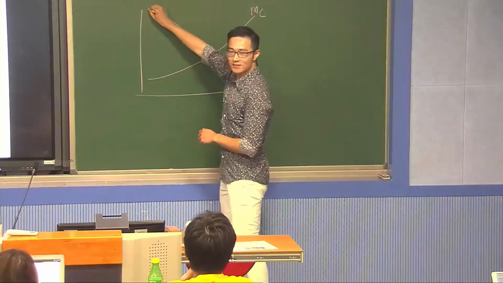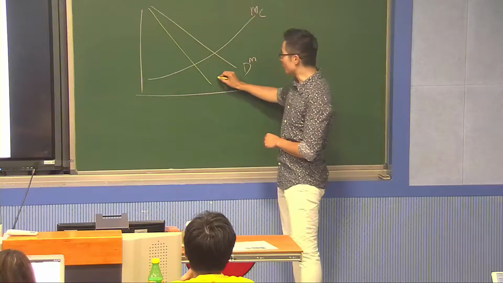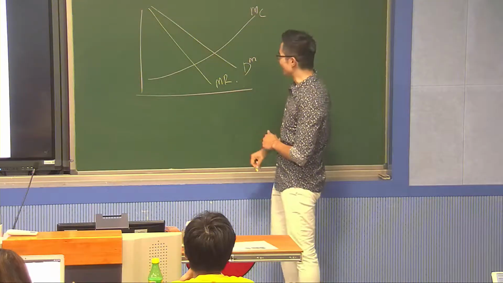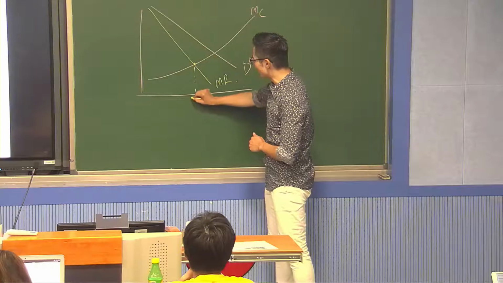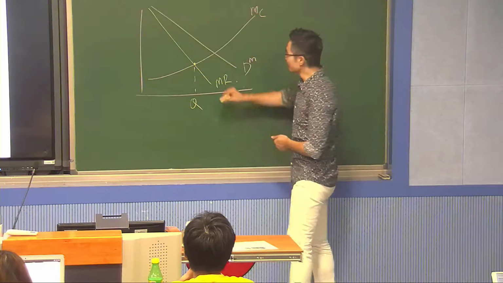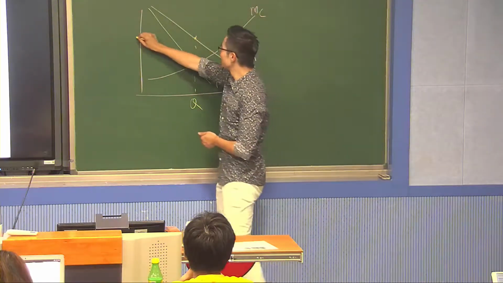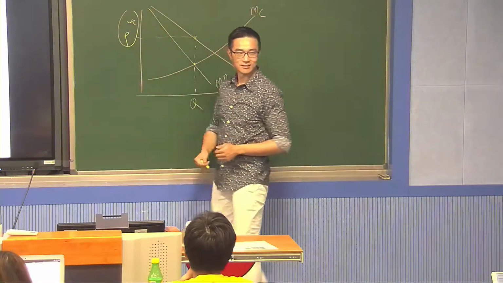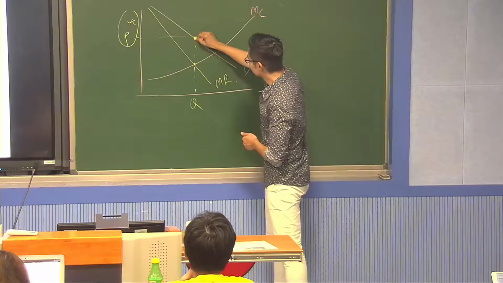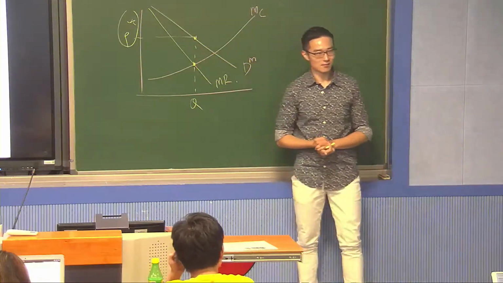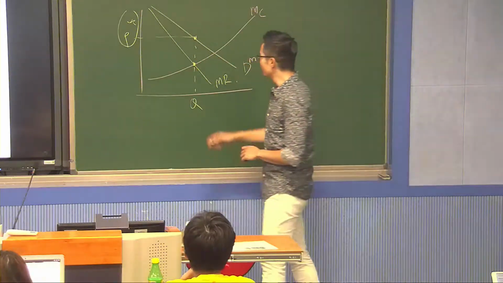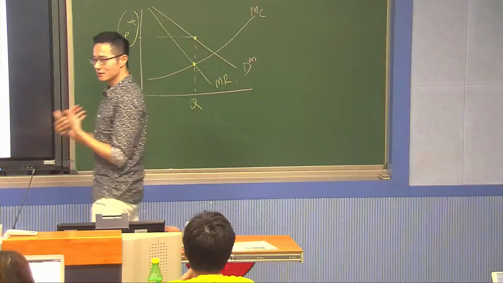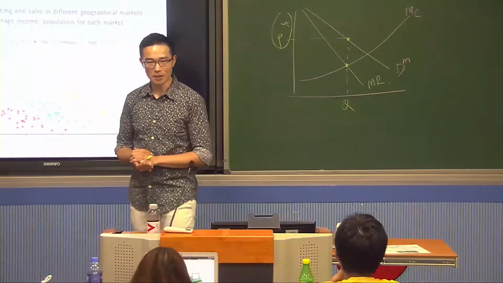Now to draw the graph, there's a marginal revenue, right? And this is how much the monopoly will produce, correct? And go up, up, up. This is the price that the monopoly will set. Okay? That's economic theory, right? It's very simple. If you remember from your basic economics, that's an extremely simple story about how a monopoly decides the